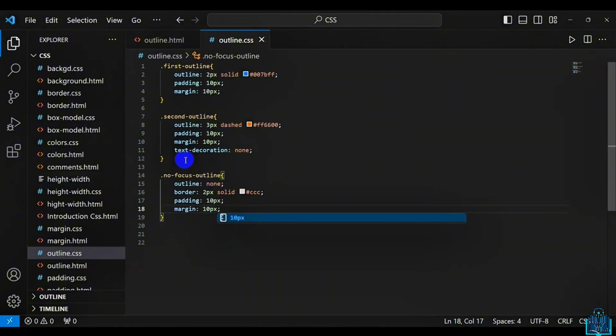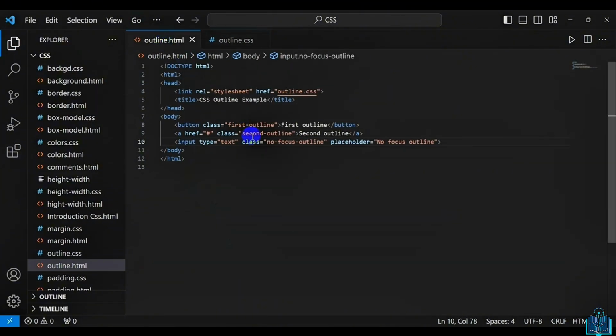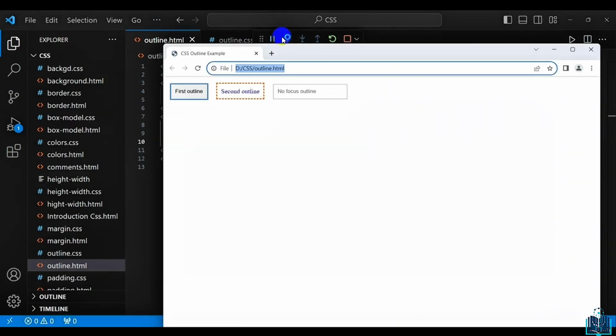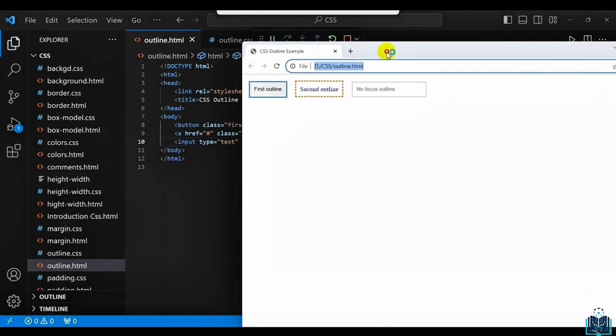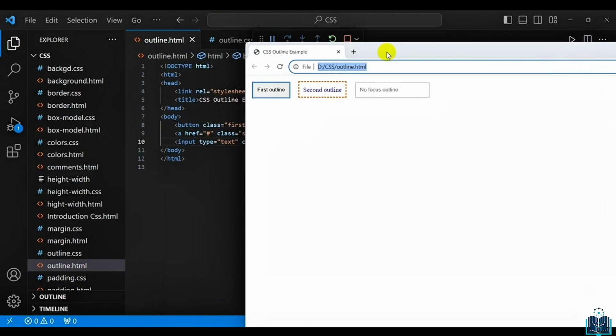So save this code and run. As you can see, the result is that we applied different outline styles to our elements, demonstrating the versatility of